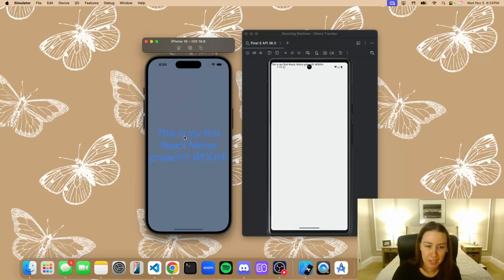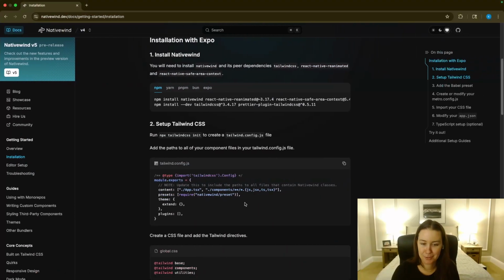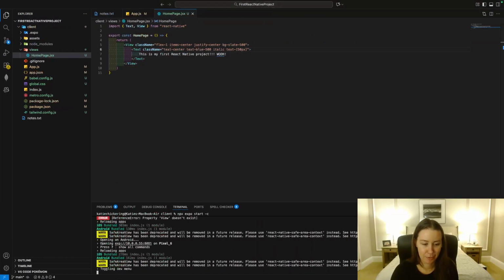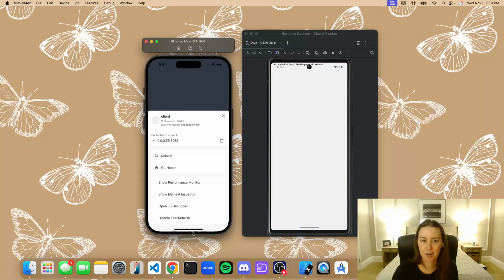This is my first React Native project. Woo! We have it centered, italics, gray background, blue text. Android doesn't want to load for me. If you press M, that toggles the device menu. And it's not even toggling the device menu here. Oh,